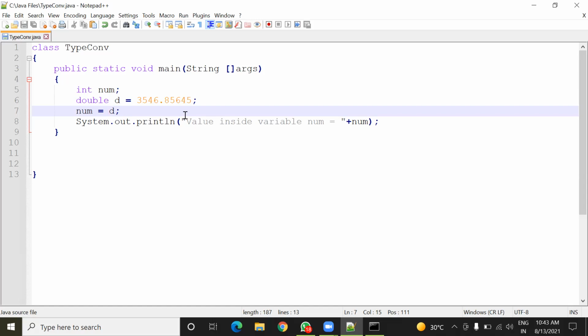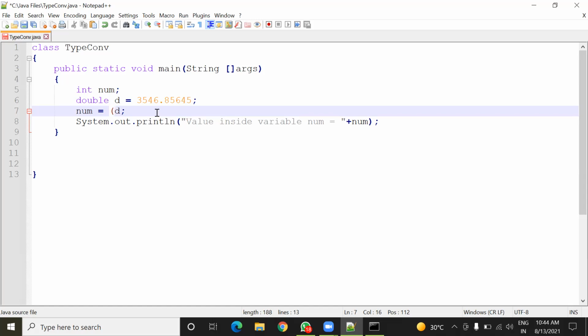So how can you do this? We have to write the type of data into which we have to convert, before the double variable D. Here I am trying to store this double type value inside int, so first I have to convert it into int type forcefully.